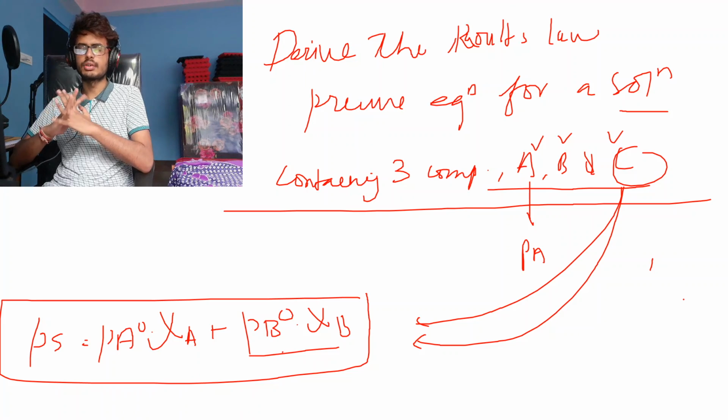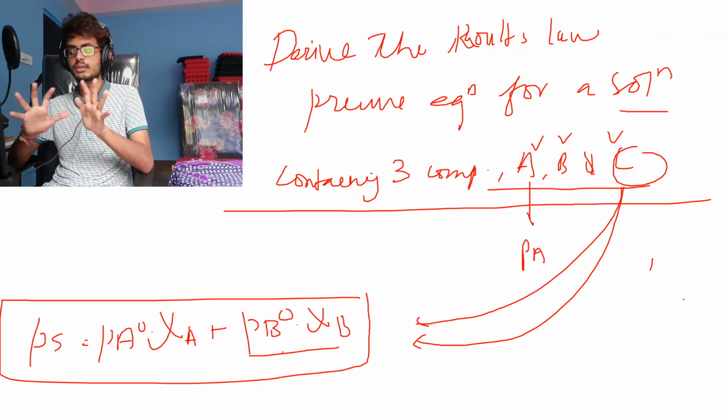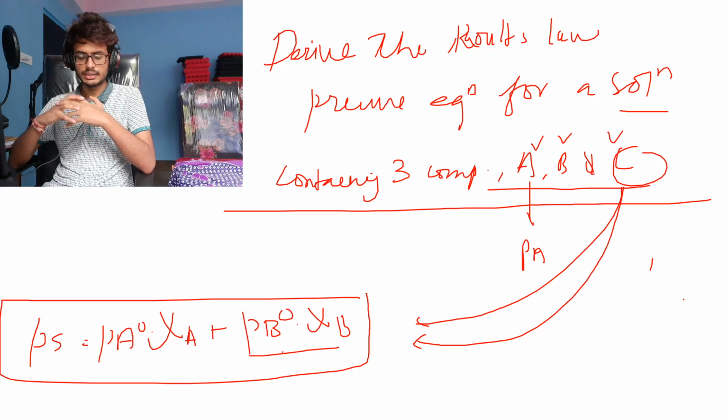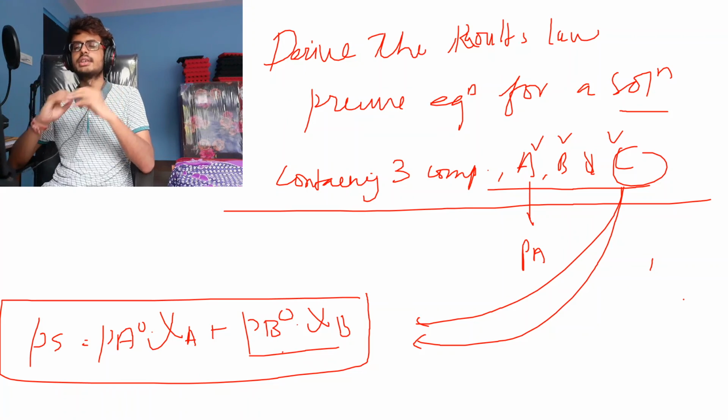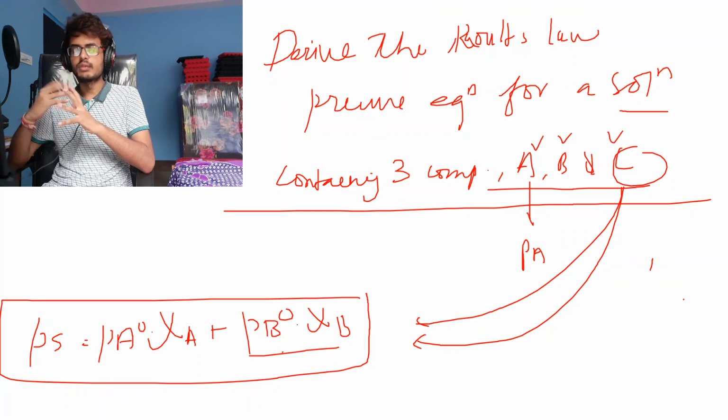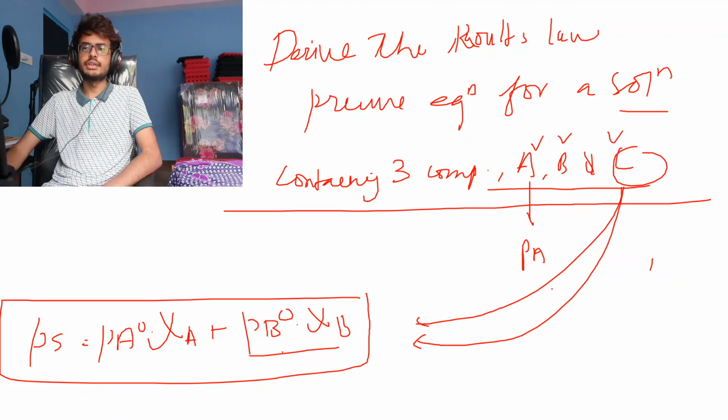Partial pressure, I mean Raoult's law. This is Raoult's law only for volatile components, okay? So whenever the components are volatile, if a solution has volatile components, so A, B, C, whatever it is, the number of components doesn't matter. It doesn't matter how many components are there in the solution. The only thing that matters is if they are volatile or not. So if they are volatile, this theory will be applicable. You can just use this theory and derive any number.